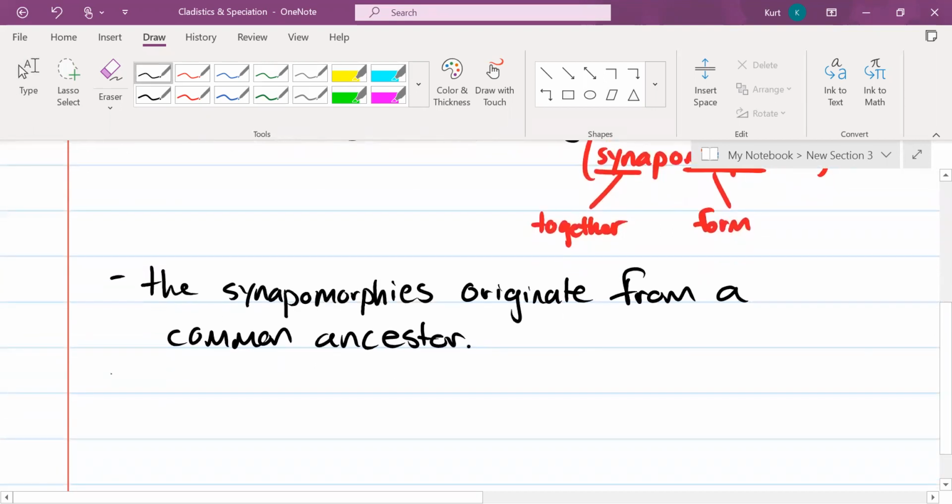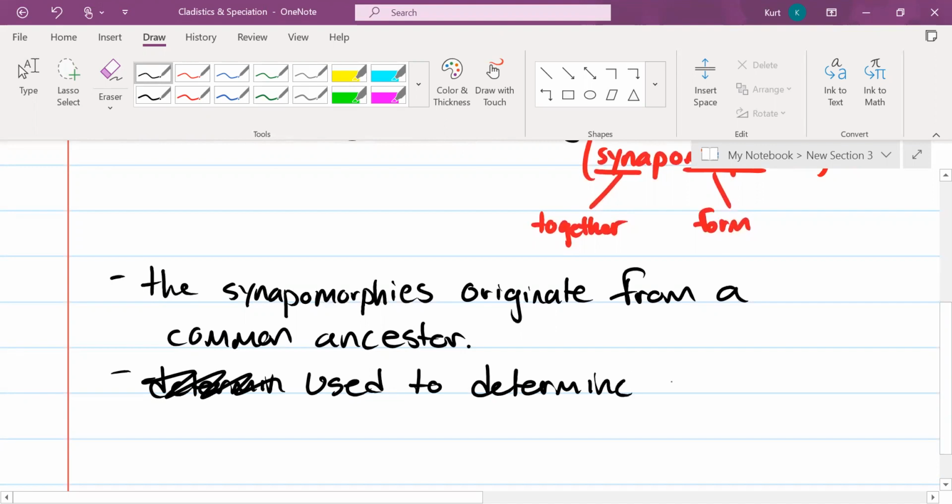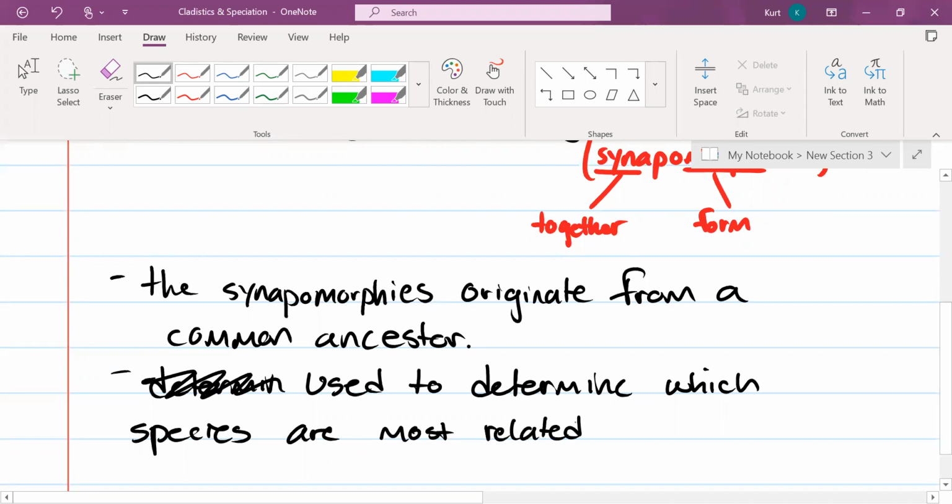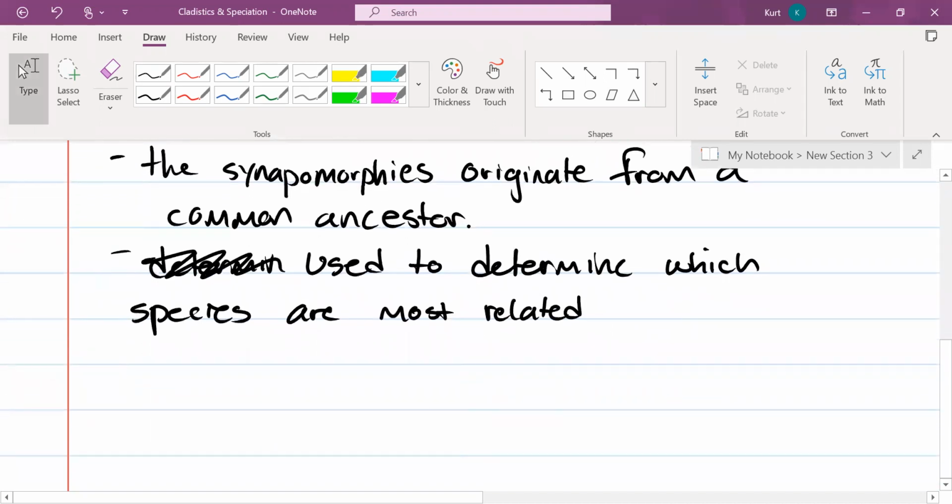All right, the whole goal is to determine, let's rephrase that. This is used to determine which species are most related. Okay? And a lot of this is just done by hypothesis. You're not necessarily going to be right. So I would say this is less accurate